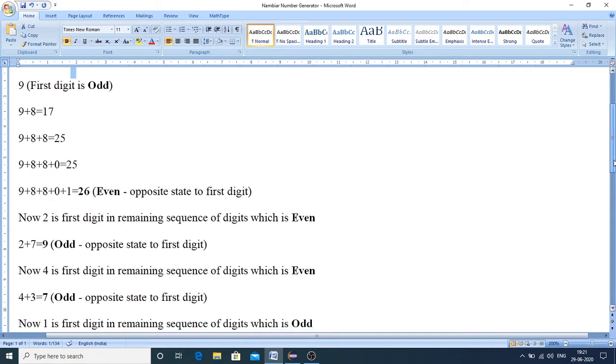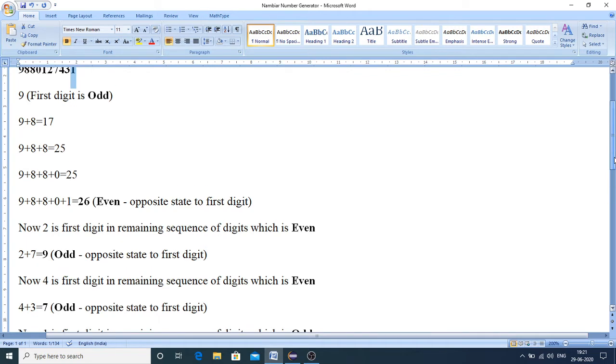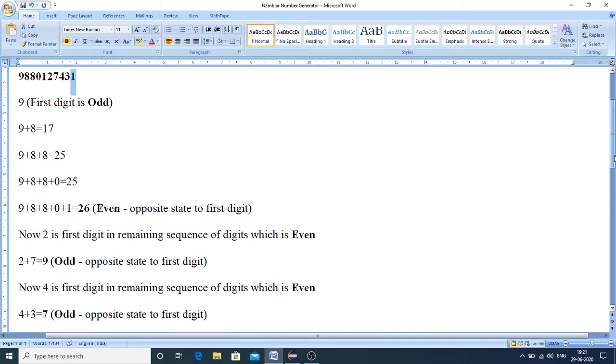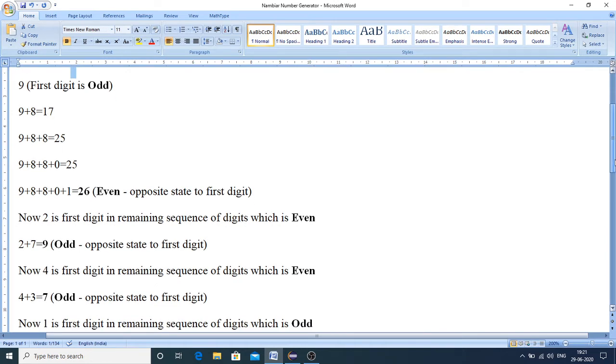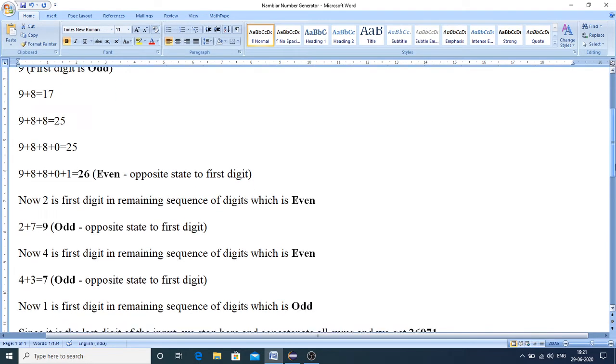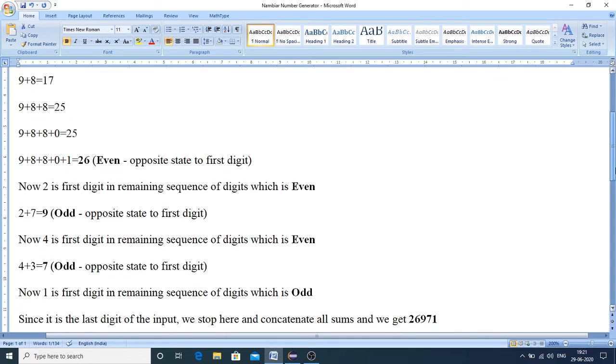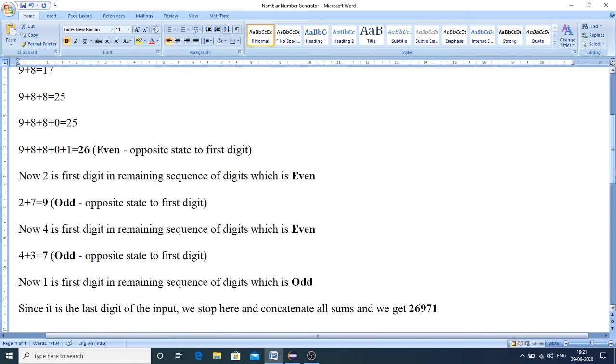This digit 1 is odd, but since it is the very last digit, we don't have further digits to sum up and check for the opposite state. We stop our process here, and then we concatenate all the intermediate sums that were generated to get the Nambiar number.